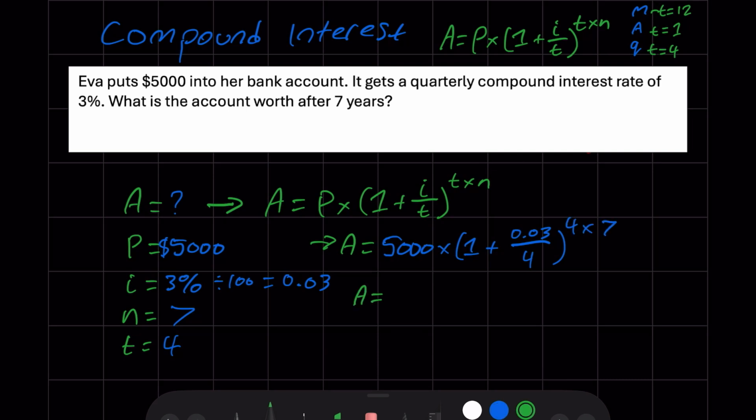A equals. Now, if you have a scientific calculator, which you should, it's a calculator that allows